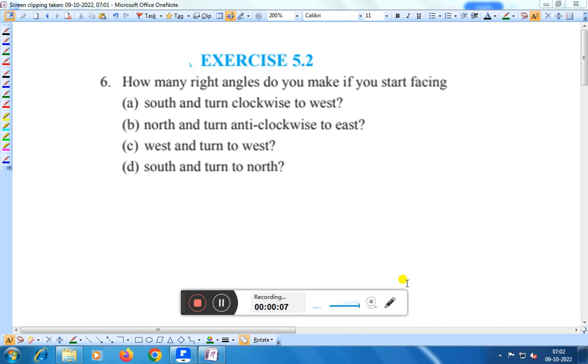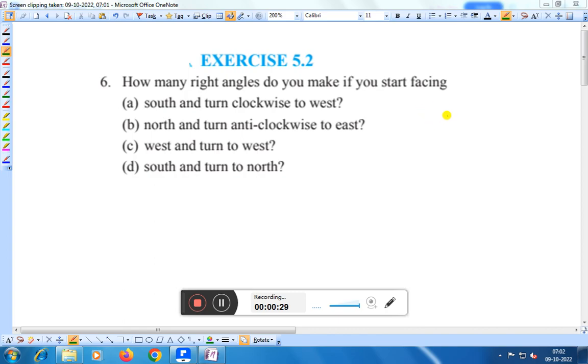How many right angles do you make if you start facing south and turn clockwise to west? B. North and turn anti-clockwise to east. C. West and turn to west. D. South and turn to north. Right? Now if we find